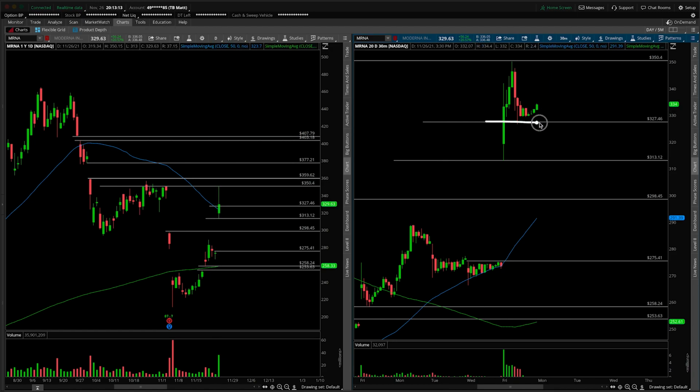If we see a breakdown of this level here at the 327, that's where you need to be cautious, remembering again that we spent a lot of time talking about the fact that there's really no support here, and there's also technically a gap to fill down to about 275.41. Now, does that happen? I'm not entirely sure. I'm sure there will be some news that comes out this weekend that will impact all of these pharma type stocks. So just keep an ear out for it. Watch for any gap up or gap down that comes from Monday's session, and take all of these levels with sort of a